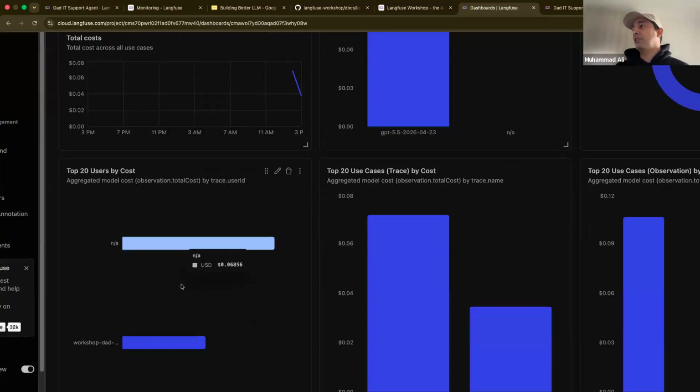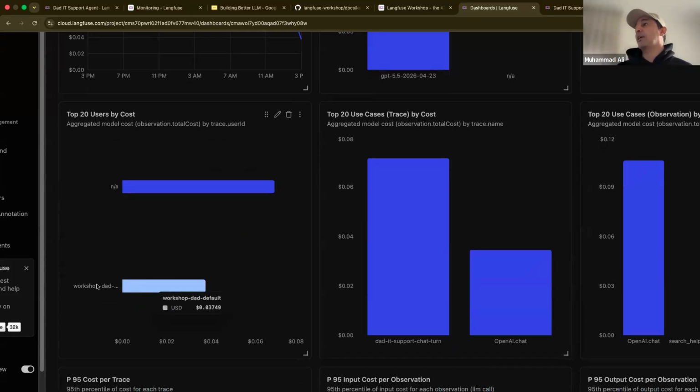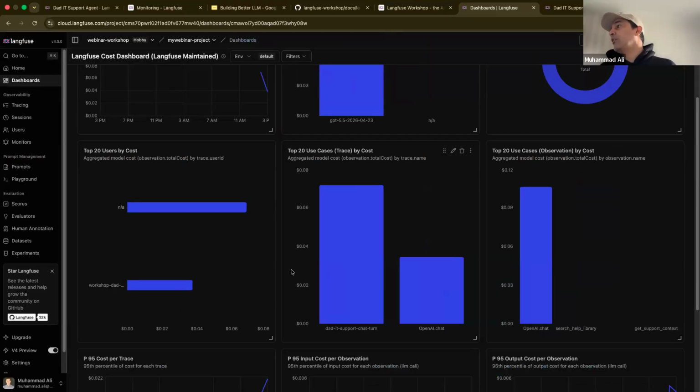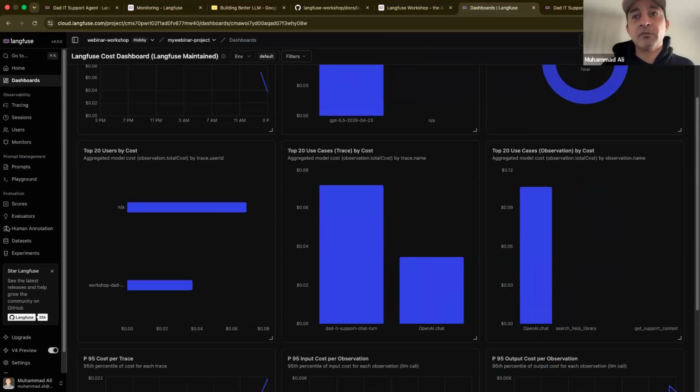So most of our calls were without the user ID, and now the last call was with the user ID. So the workshop user is now being tracked. That means you can track how every single user is costing you in dollars for the agent, and who is the most active user and whatnot. So this can potentially be done.